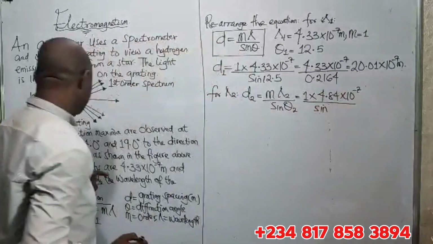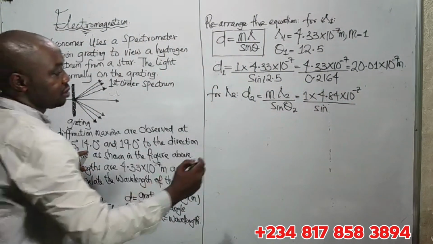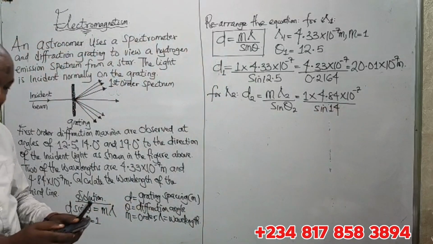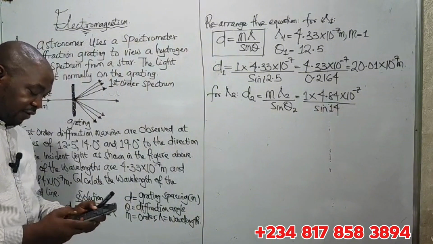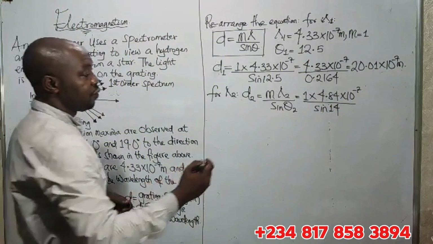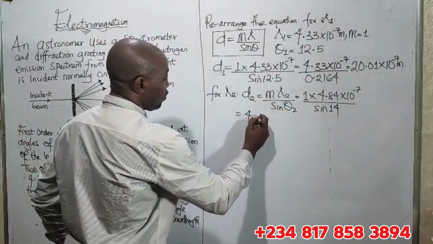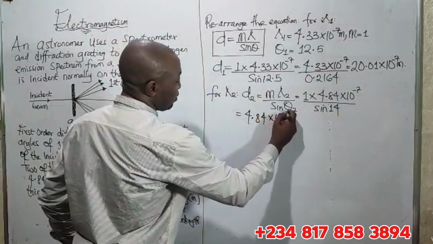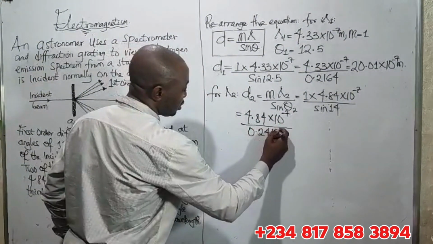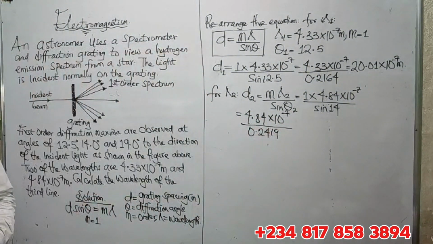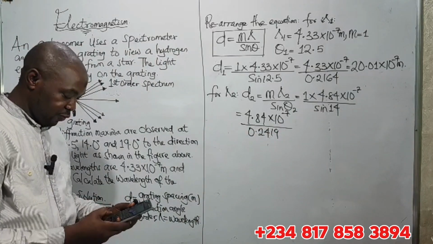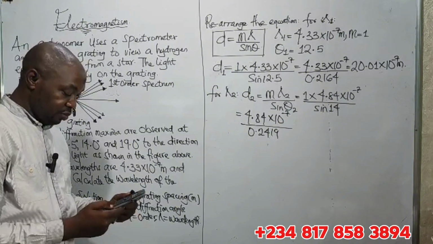Then sine, now this angle is 14. Now let's get the value of sine 14 degrees, that will be 0.2419. So that will be 4.84 multiplied by 10 raised to the power of minus 7 divided by 0.2419. So what is 4.84 divided by 0.2419? Okay, so that would be